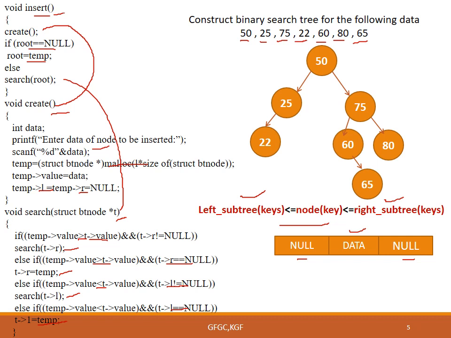If it is greater and the right child is not equal to null, it will move to the right hand side. It will also check if it is equal to null, and if it is greater, then it will insert that particular node into the binary search tree. The same thing happens with the node which has to be inserted if it is lesser. It will check whether the left child is not equal to null, then it will move down the search tree and insert that node to the left hand side. And if it is equal to null, it will insert in that particular node.